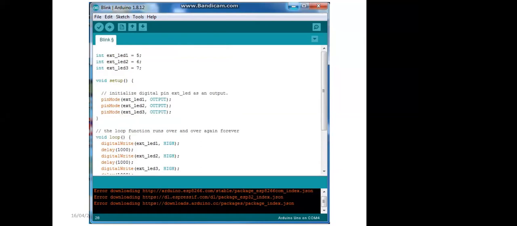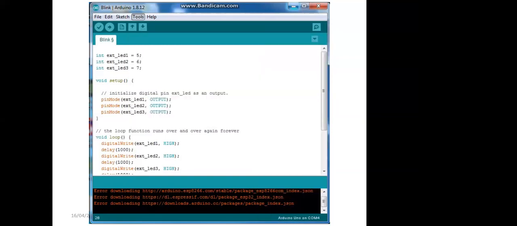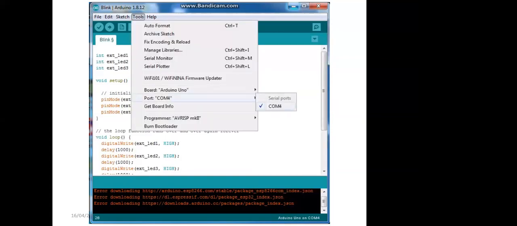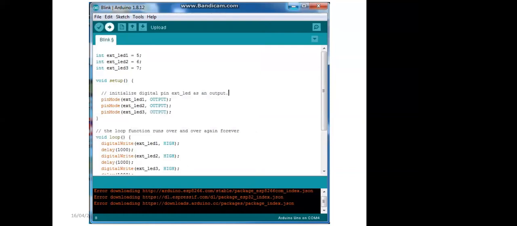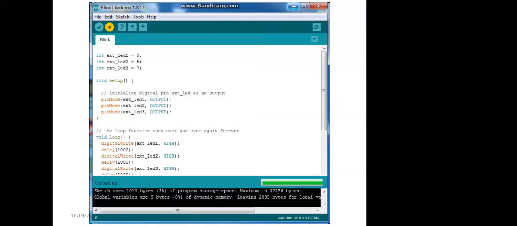You might have observed in the last experiment what we did, we have not connected it on a breadboard, because it was only one LED, and the 13th pin and ground pin are side by side, right? So first we need to choose the board here, and select the communication port. Today it is shifted to the 4th port. You might have observed. Why? Because I have connected it to some other USB port, right? There are 4 ports available on my laptop, so it is connected to the 4th port now.